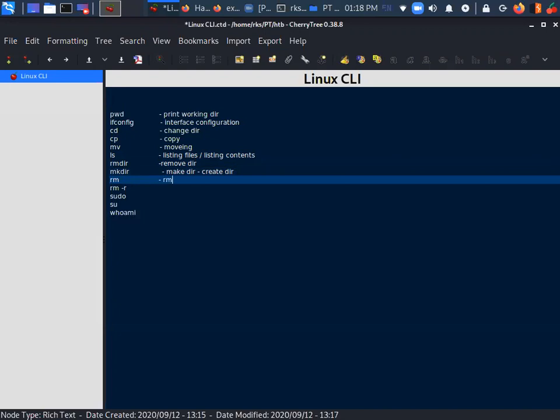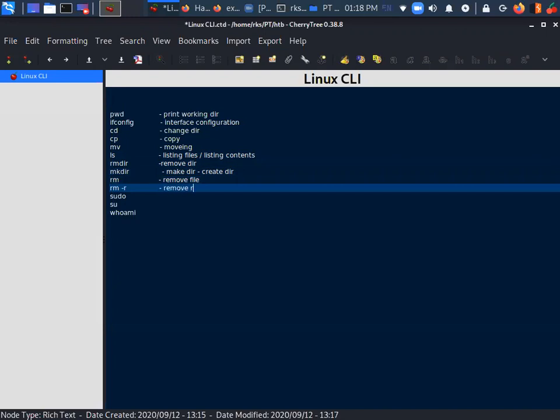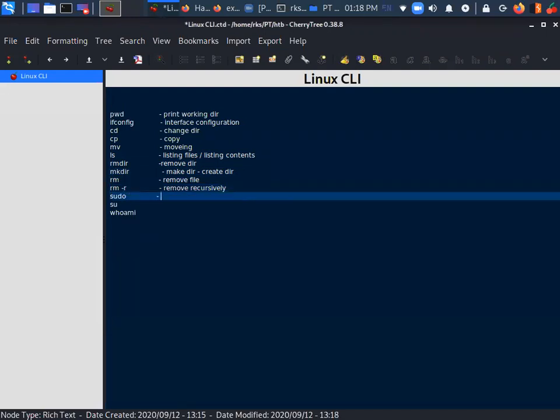This is your remove a file, rm -r to remove recursively, and this is your sudo, super user do, to do something with root privileges.